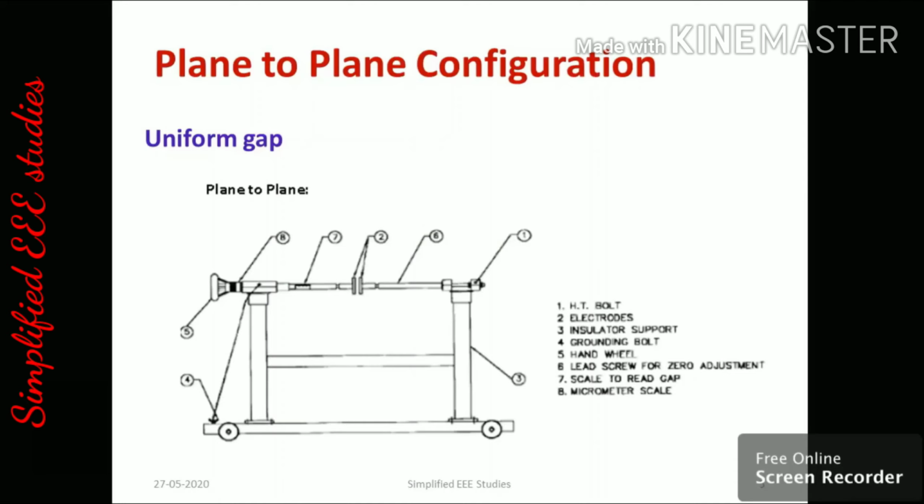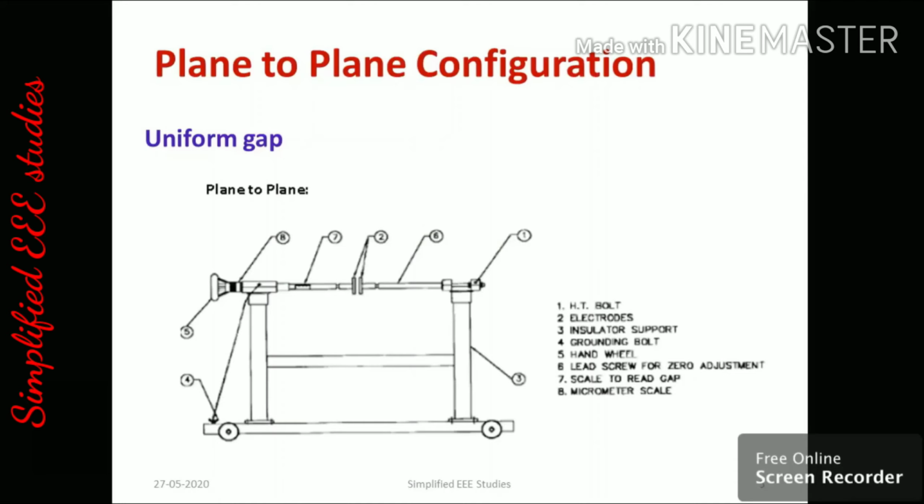Whenever the spark occurs, you can say that the dielectric breakdown has happened in the medium, so you can note down that particular high voltage which you applied externally. That is known as spark over voltage. You can apply the same procedure. You maintain the gap distance equal to 40 mm. Then again you apply high voltage and observe the spark over voltage. In this step you can take at least 5 to 6 readings. Then you can note down the spark over voltage, and you will get the practical value of spark over voltage. Make sure that at each and every step grounding has been done properly for your safety.